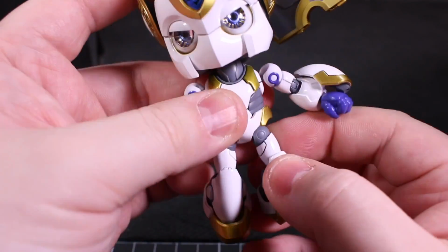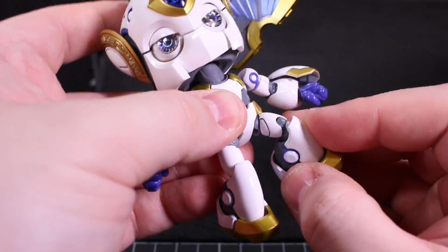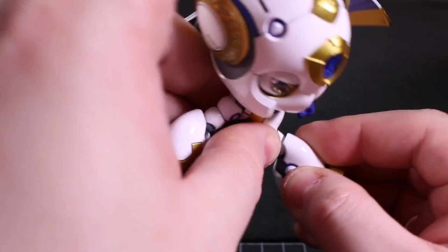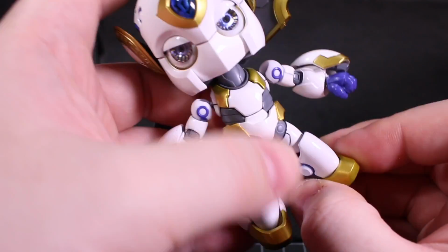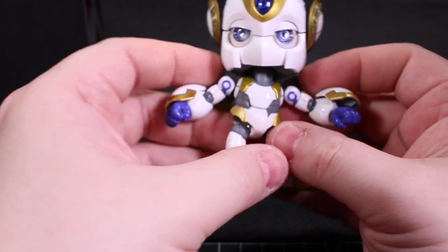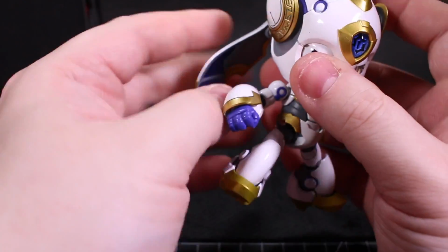The hips, now that they're down, is way more obvious motion. Now that you've extended the legs, the double knee joint is a lot more obvious. The only real problem with the articulation on Dango is that, and this kind of feels silly to say,